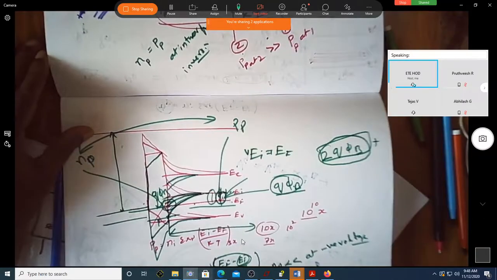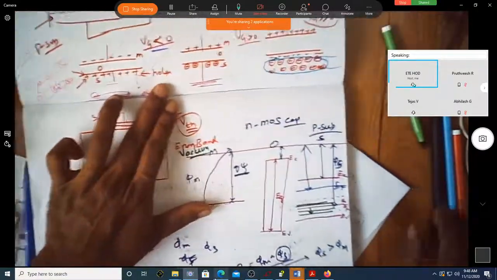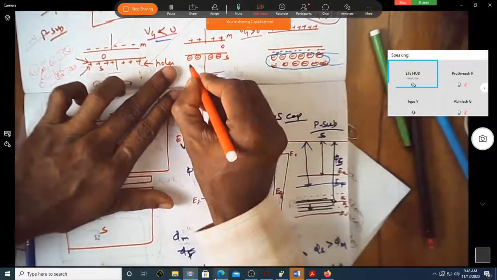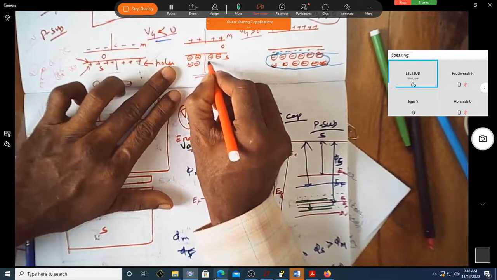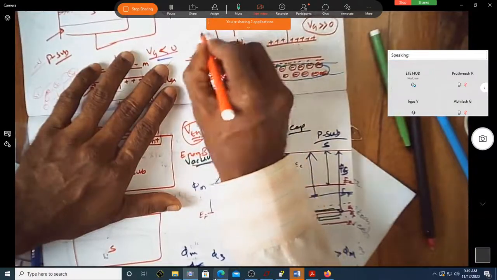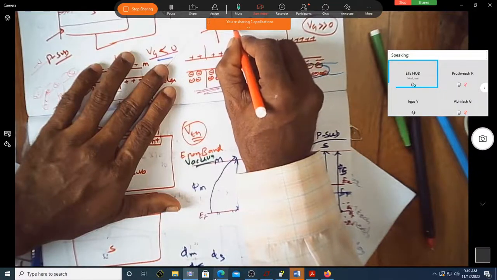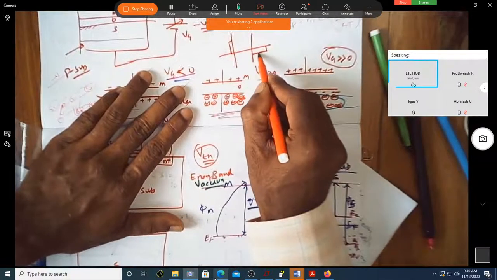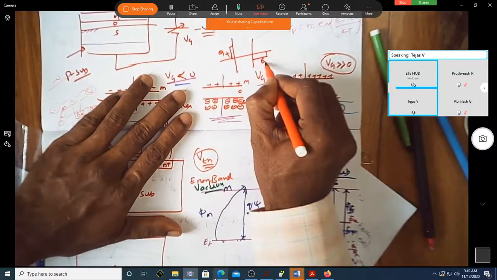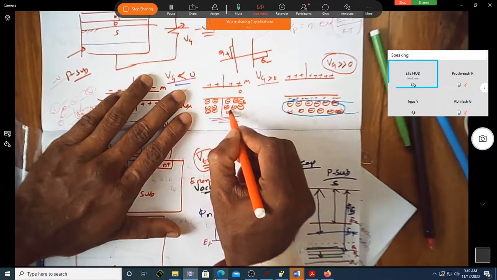Now to make sure that the negative charge is going deeper, will it make sense like this? See, this is when you apply small positive voltage. If you apply slightly more positive voltage, do you have this deepening here? That's why, while representing that, they have positive charges and this negative charge is actually deepening here. So that's why this is Q plus, this is Q minus. This way indicates that this is due to depletion. Correct?